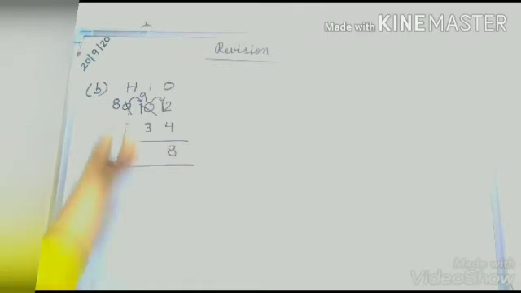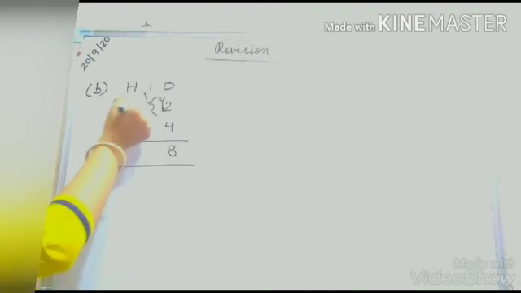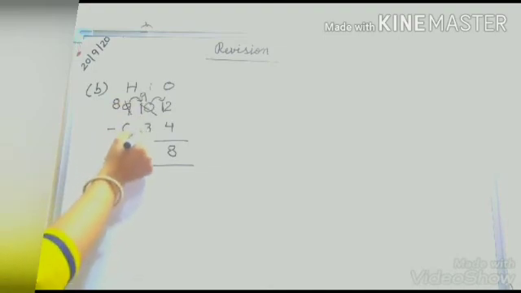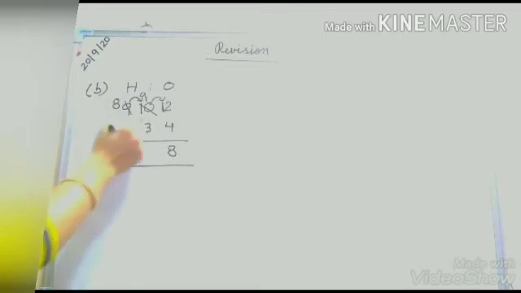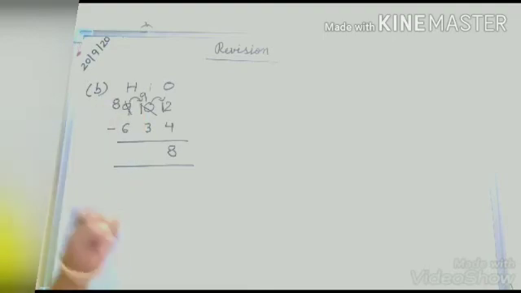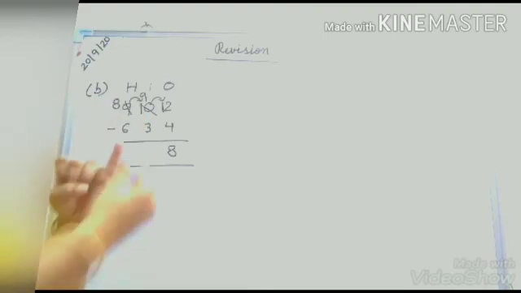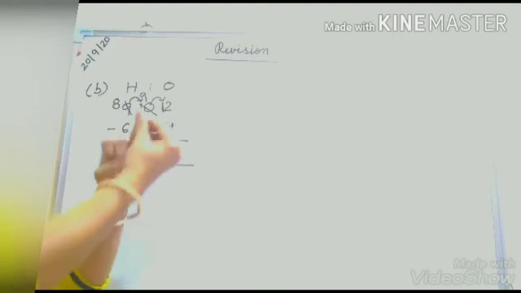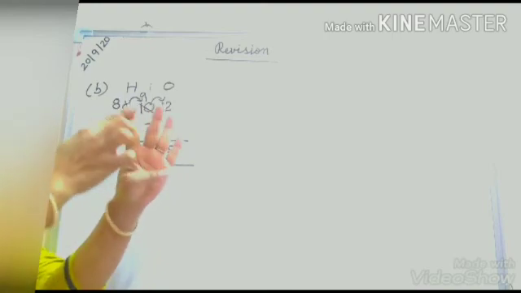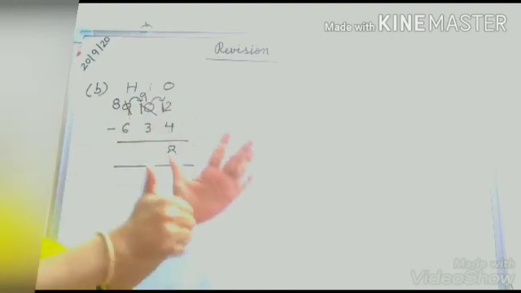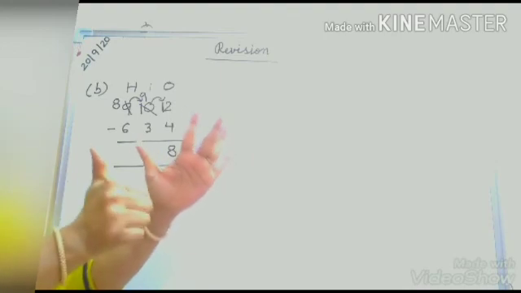Okay. Now we come to the tens place digit. Here the upper one is 9 and the lower one is 3. So what we will do? We start counting after 3. Okay. Here after 3 we start counting and go up to 9. So you start after 3, that is 4, 5, 6, 7, 8 and 9. As you reach 9 you stop counting.